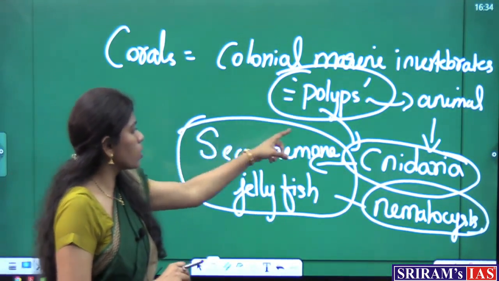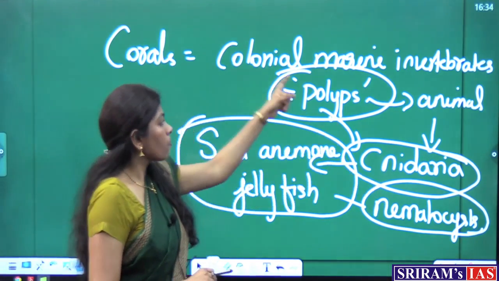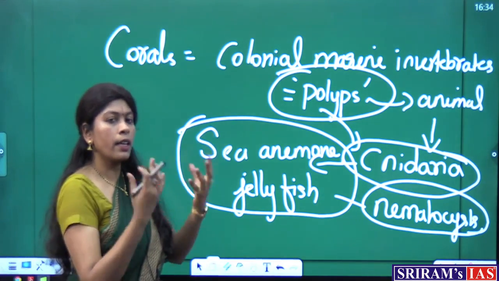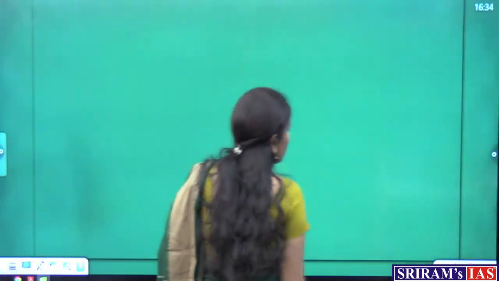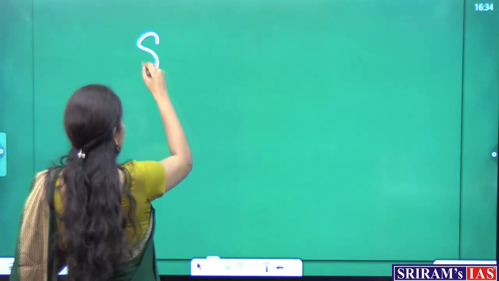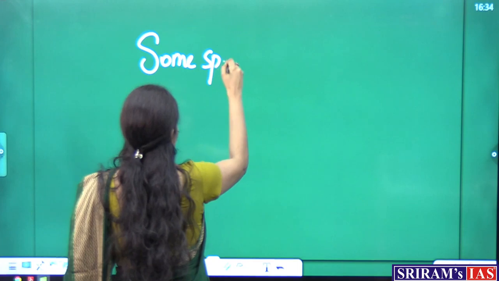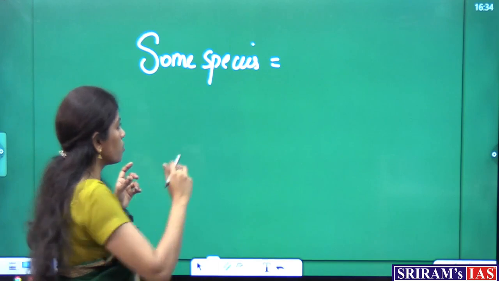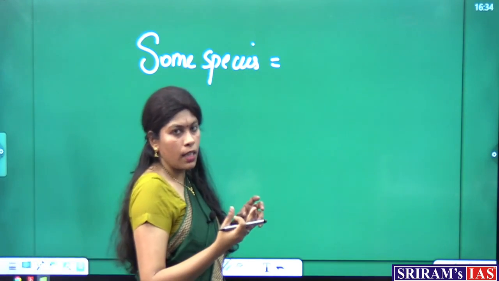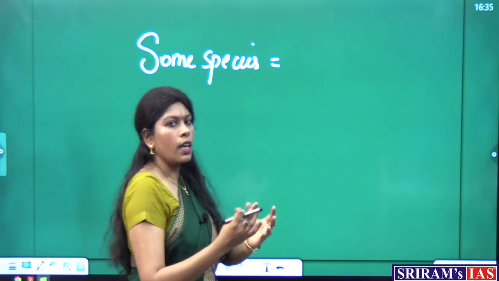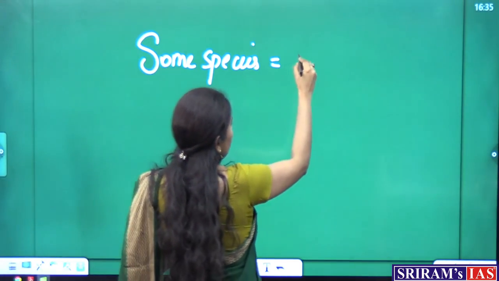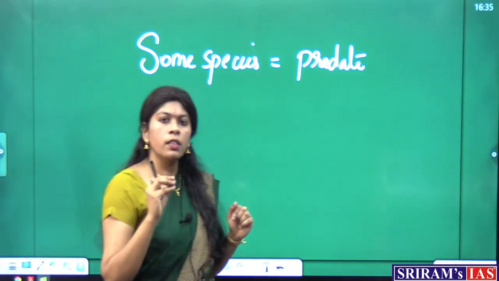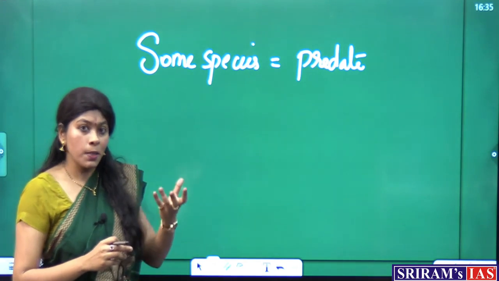Okay, so coral also belongs to this group called Cnidaria. And how do corals eat, what do they consume? That's the next question if you want to know about coral. Some species, because I already told you corals are animals, so definitely they have to predate on other organisms or depend on others for food. So some species will predate small marine organisms, like fish larvae and plankton,